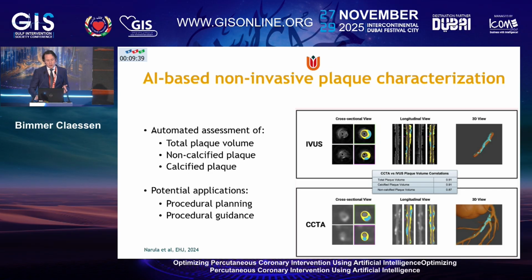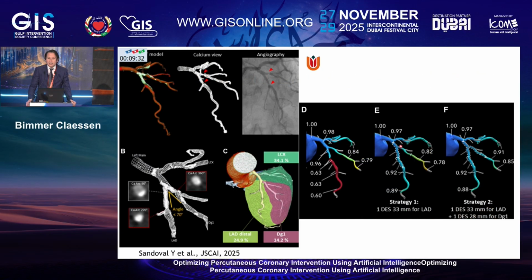Now, there's several techniques out there, some of them using IVUS or OCT as ground truth, others using histopathological data. I think this is a nice example of what is currently possible with standard CT. So this is an LAD diagonal bifurcation lesion, and we can clearly appreciate the extent of the calcium. We can calculate the intensity of the calcium. We can see how the calcium is actually located according to the carina. We can accurately see what the angle of the bifurcation is, and we can see the calcium arc at different